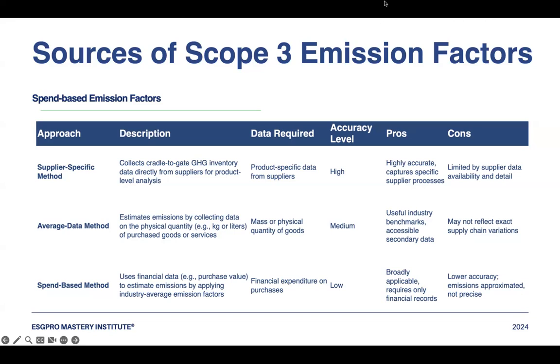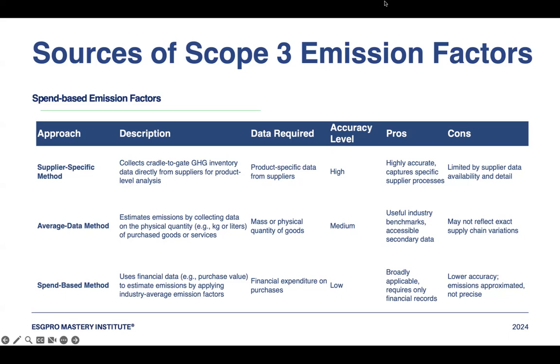Okay, so spend-based emission factors include the supplier-specific method, and this is definitely highly accurate, and it captures the specific supplier processes. But it is limited by the supplier's data availability and the detail. If it is a small player, he cannot afford to do such kind of activity, even though the activity has gone very cheap. Second tier, which is tier two,